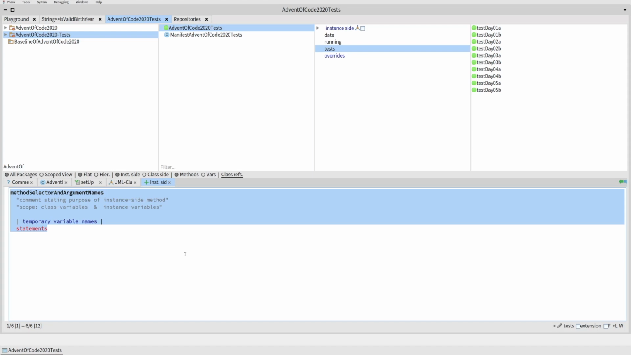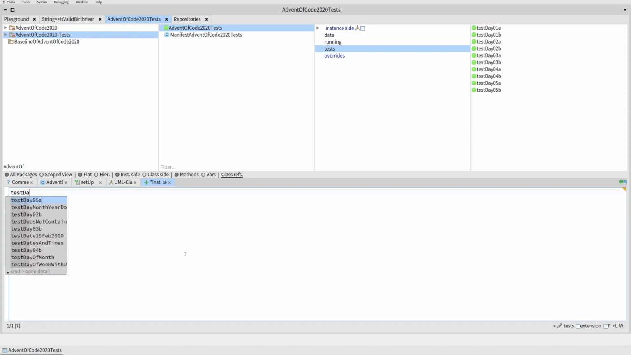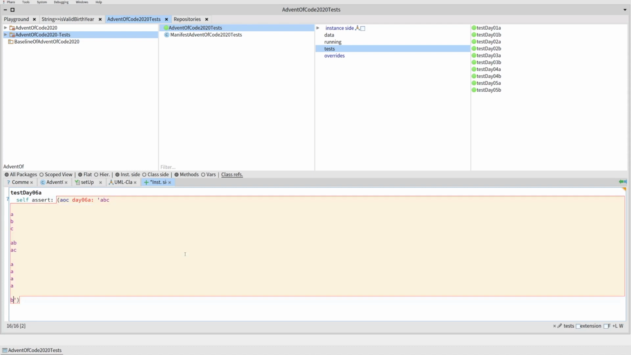So this is going to be test day 06A, and we're going to say self assert that, and I'm going to do it the same way as I did yesterday. So I'm going to use AOC day 06A with the input, which looks like what we just saw, and I'm going to assert that that equals 6, I think. No, all of these have